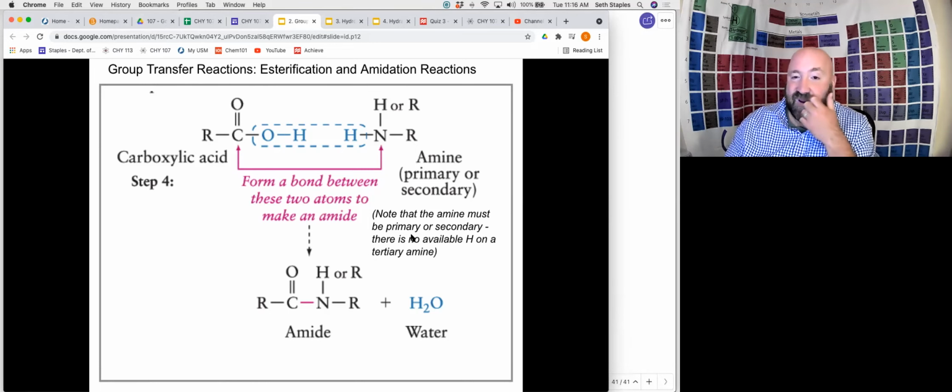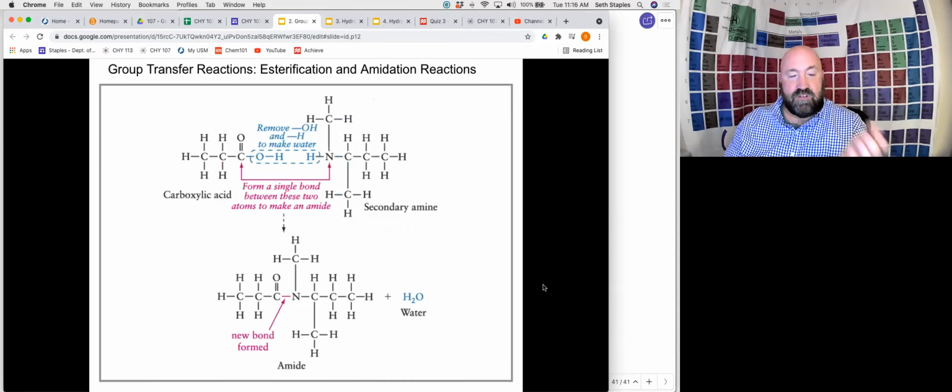Now note here that the amine, as I mentioned earlier, does have to be a primary or secondary amine, because a tertiary amine isn't going to have a hydrogen available here. And so the reaction would not be able to occur. Here's just an example of one. Here we have a carboxylic acid. Here we have a secondary amine. And we can see lots of different stuff going on here. But remember, the important part is